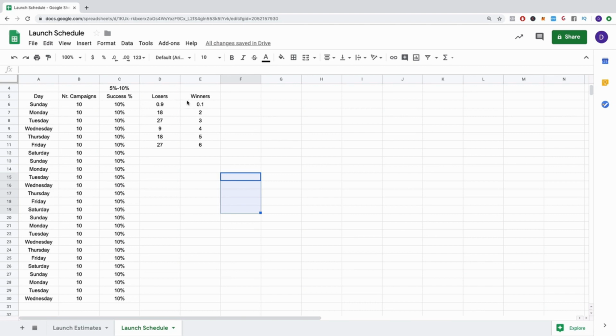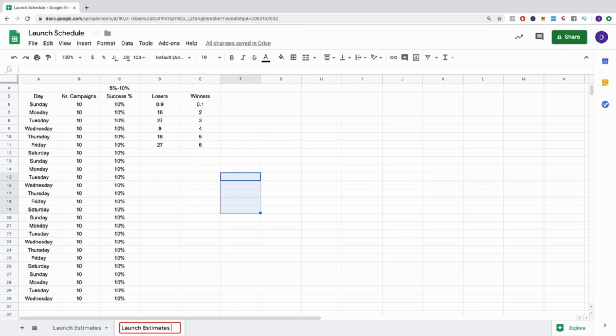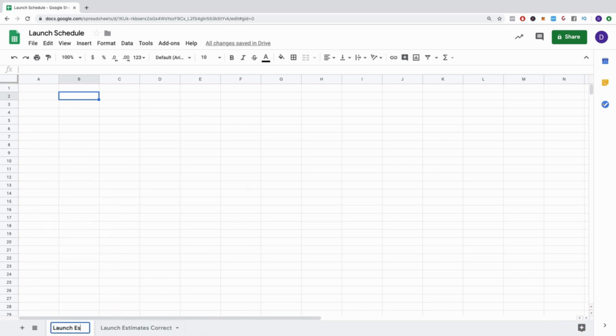What would be the winners and losers? I think I messed it up because I did it in the estimates one. Estimates, correct. And then we would have to make a real schedule here. Schedule. So with the real schedule, what you're going to do is you're going to follow